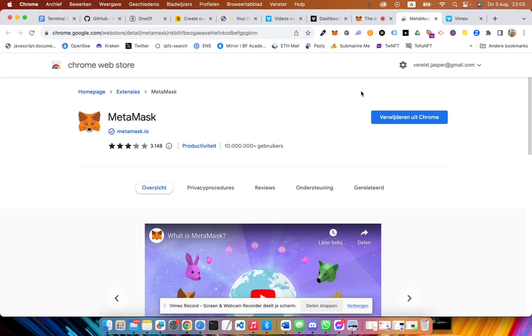So it's important to know that everything is not really stored on your MetaMask wallet, but it's actually stored on the blockchain. All that info always exists on the blockchain as long as the blockchain lives, right? And your wallet serves as an extension that pulls this information and shows it to you, and that you can use it.